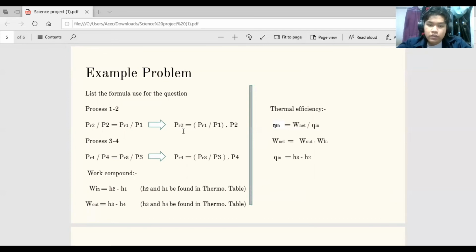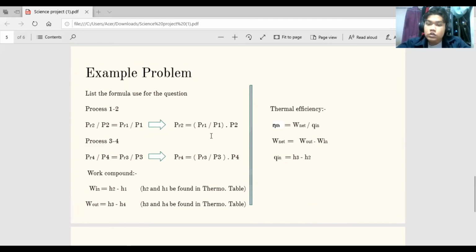gas. After finding the critical pressure at state 2, we will use the thermodynamic table to find the temperature and also the internal energy for the thermal efficiency. It also happens in process 3 to 4. It is the same kind of solution as we did for process 1 and 2. After finding all the critical pressure, heat, internal energy, and also temperature, we will use the formula for thermal efficiency,